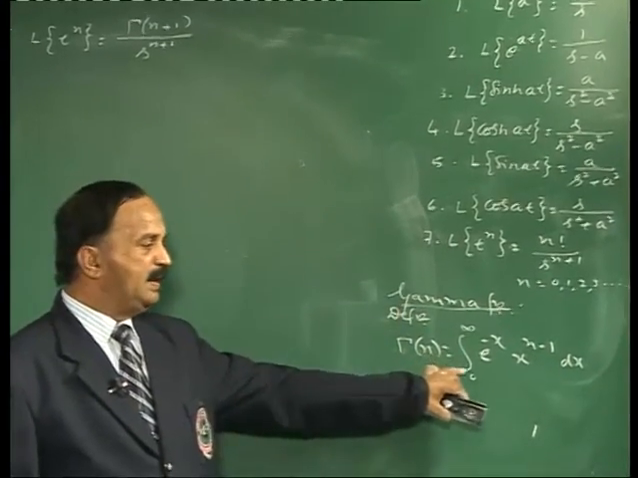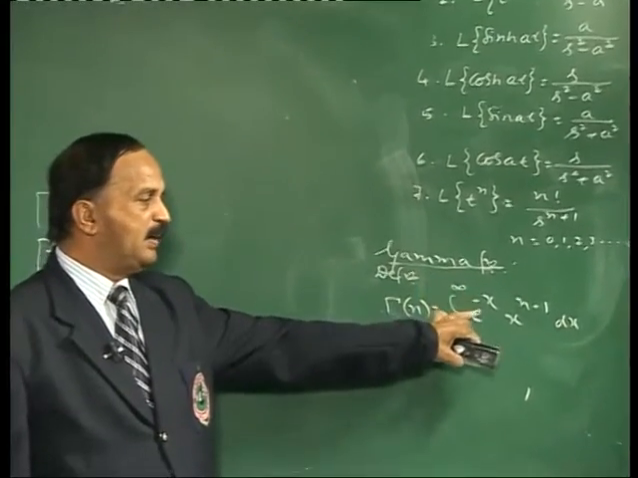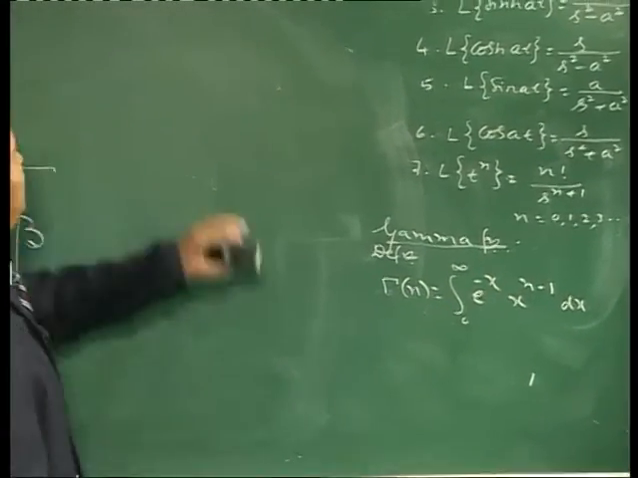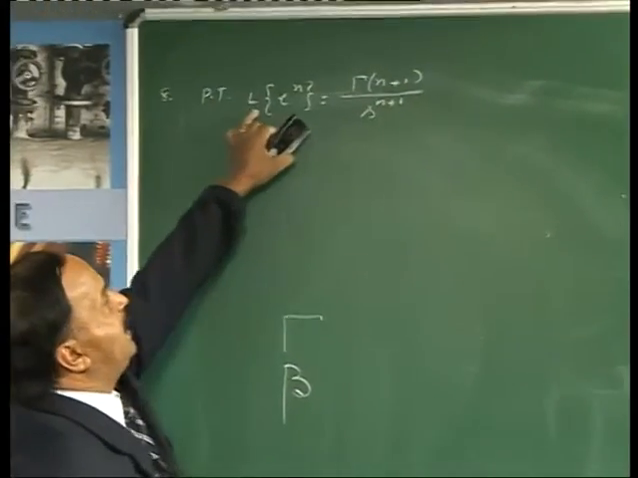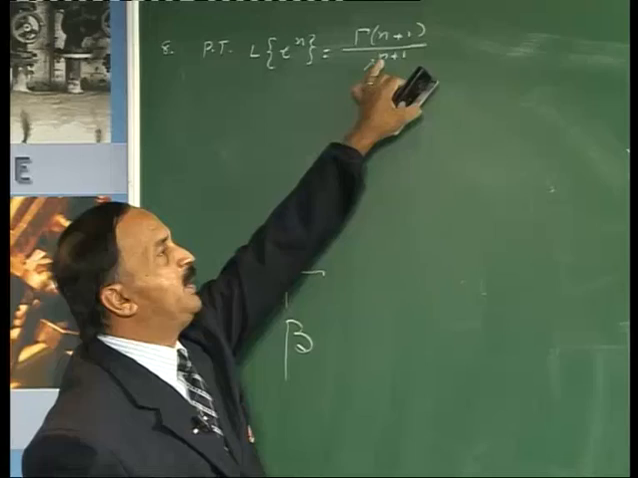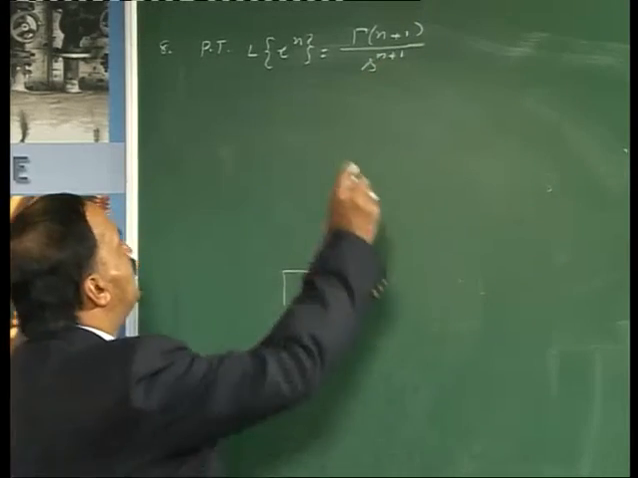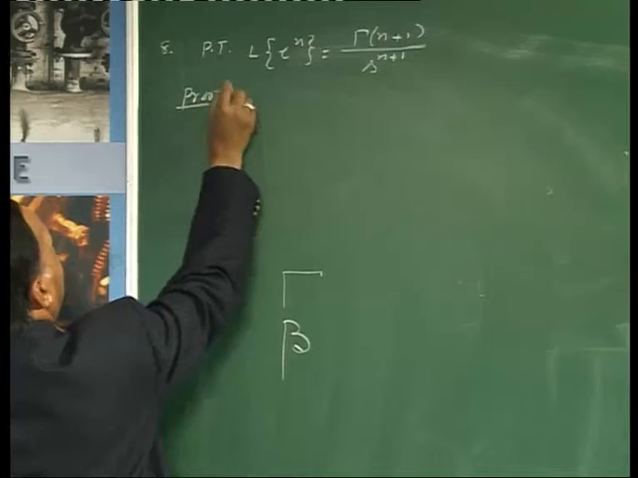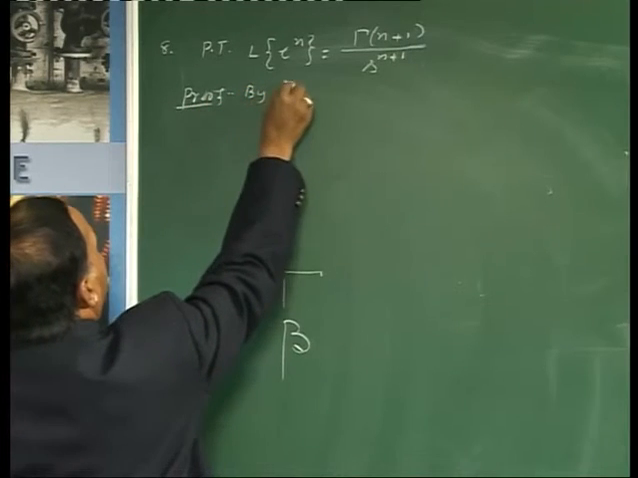Gamma n is the integral from 0 to infinity of e to the power of minus x, x to the power of n minus 1 dx. Now we have to prove L of t to the power of n is gamma n plus 1 by s to the power of n plus 1. The proof is very simple, very easy. So, proof, by definition